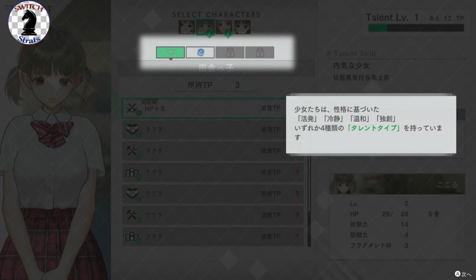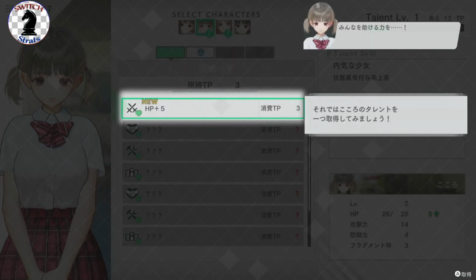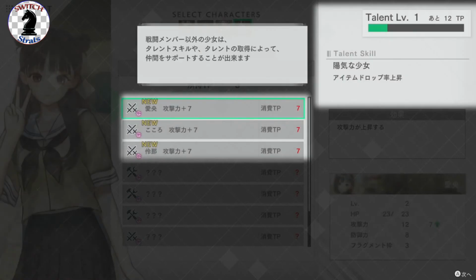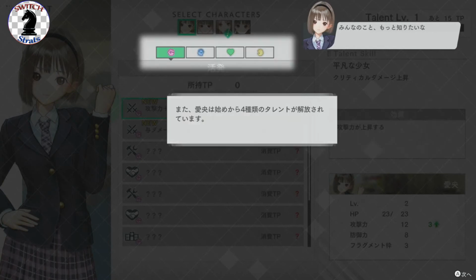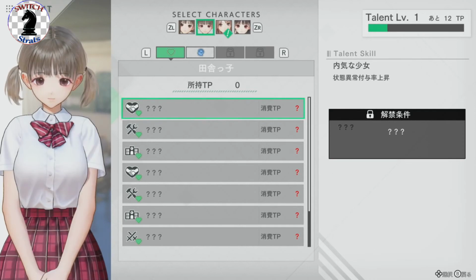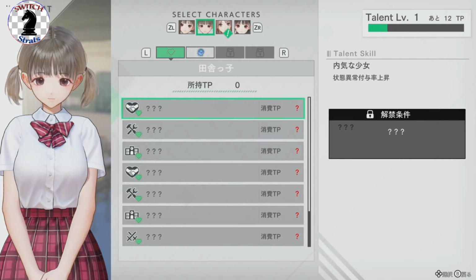So depending on their mood. Okay. Yes. Okay, I kind of remember something very similar to that from the other game too. Okay, yeah, so as you build your relationships, you get talent points, and talent points can do things by unlocking